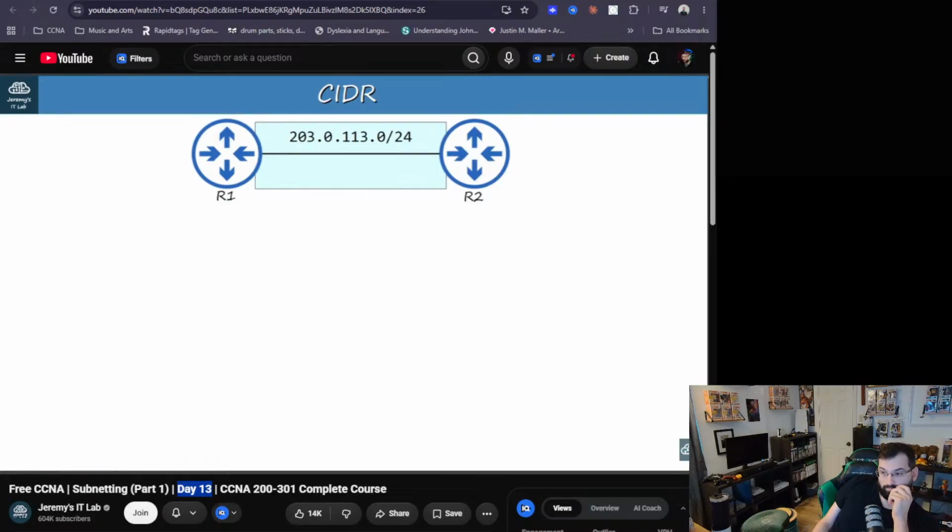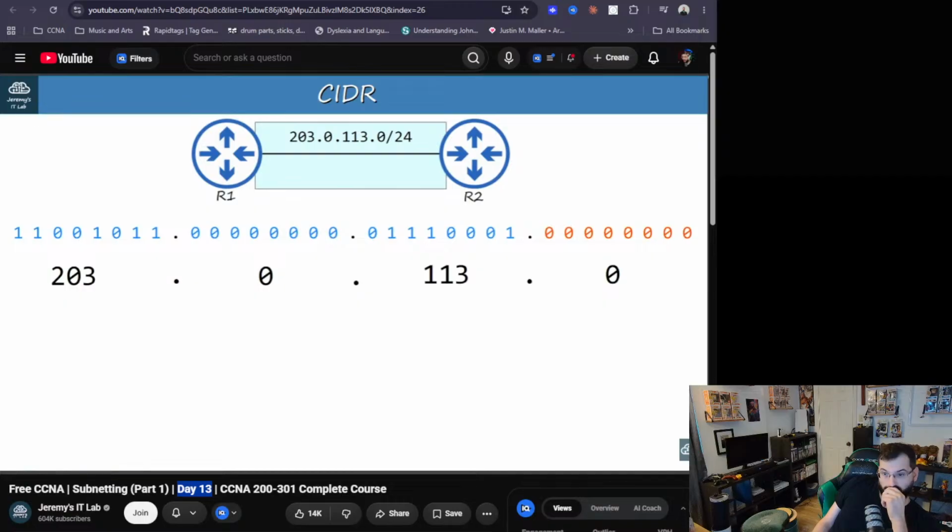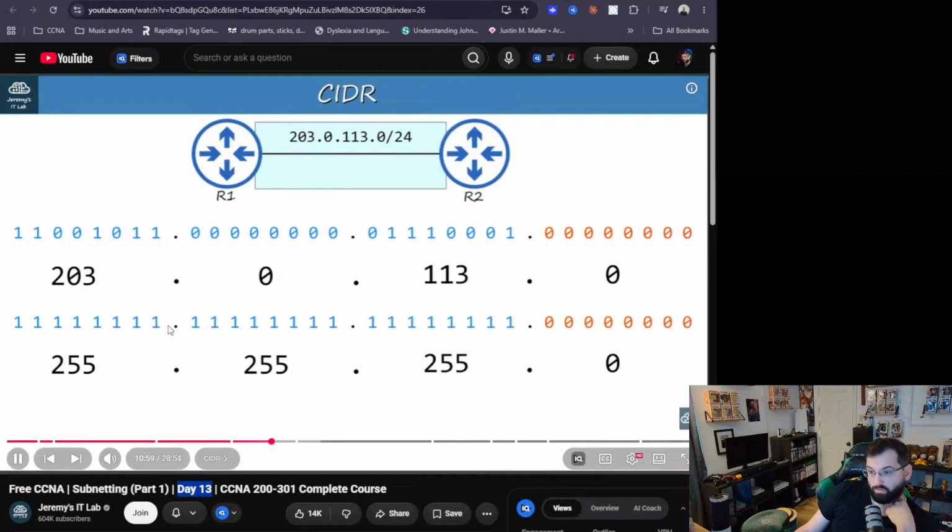Here's the same point-to-point network we looked at before. Previously, it was assigned the 203.0.113.0/24 network space, but that resulted in lots of wasted addresses. Let's write this out in binary. Here's the binary, with a dotted decimal underneath. Now, the prefix length is /24, so here's the network mask, also known as the subnet mask,